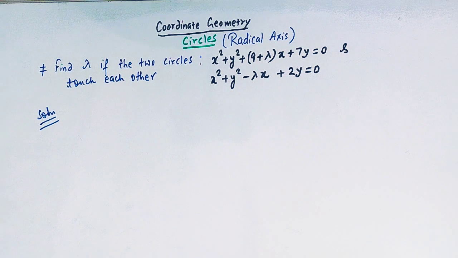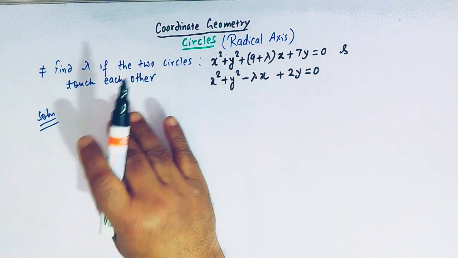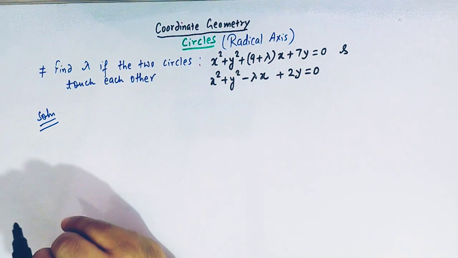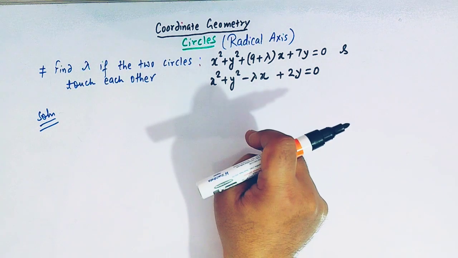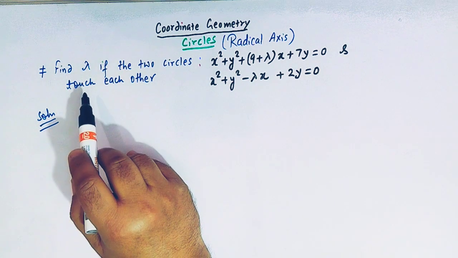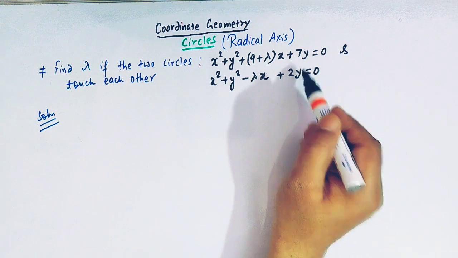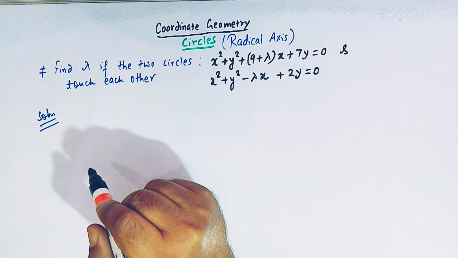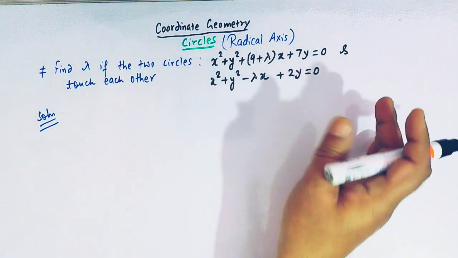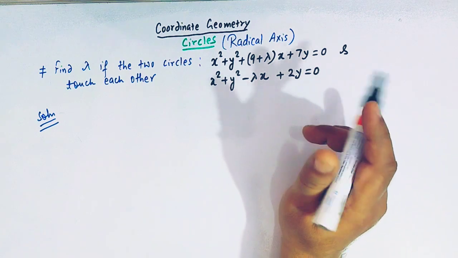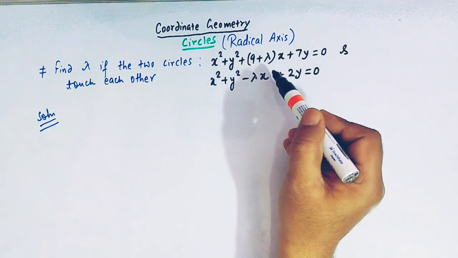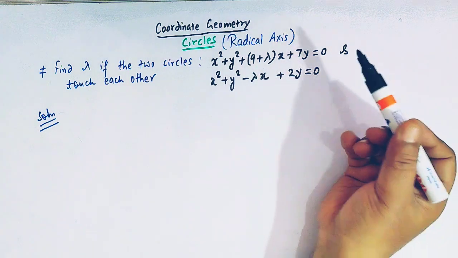Hello, viewers. In today's class, we are going to discuss a very important concept and problem from coordinate geometry, right? So, here we have to discuss this problem, which is related to the common tangents with respect to two circles, right? So, here we have to find the value of lambda if these two circles touch each other, right? So, here we'll see a direct result for how to calculate the value of lambda when two